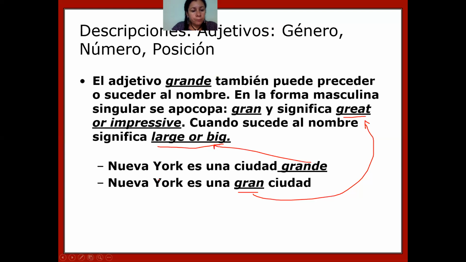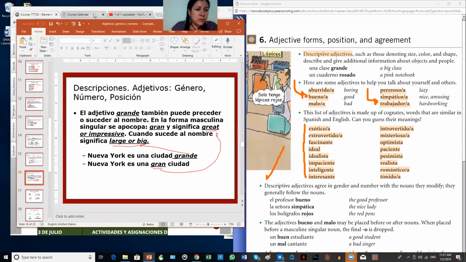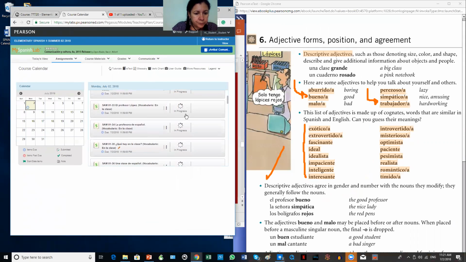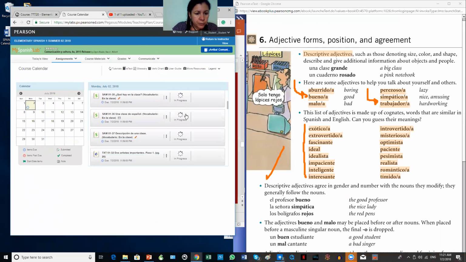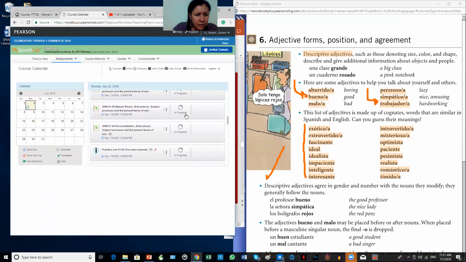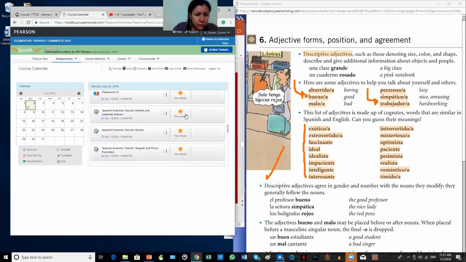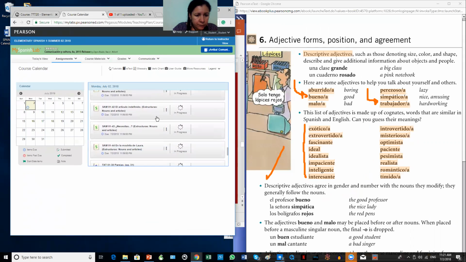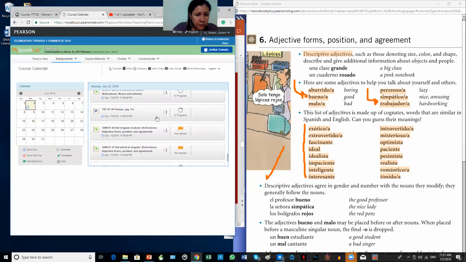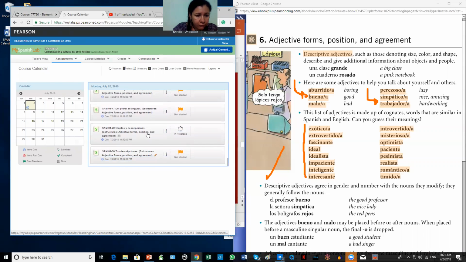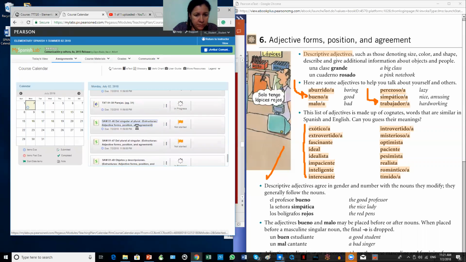Let's switch to my Spanish lab to show you the exercises that you guys have for this part. I think I scrolled up too much, but just the artistas, nouns, how you pronounce, tutorials. That was for nouns and articles, parejas. Position and agreement, we have 1, 2, 3, and we have 4 exercises in this case.